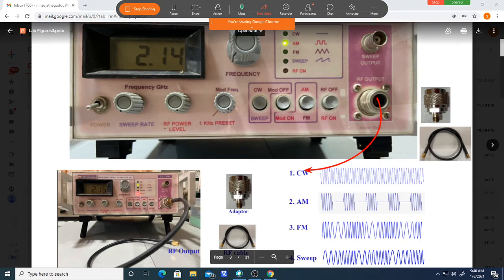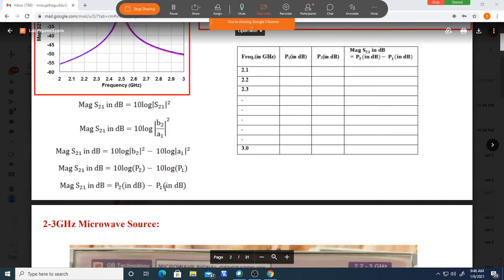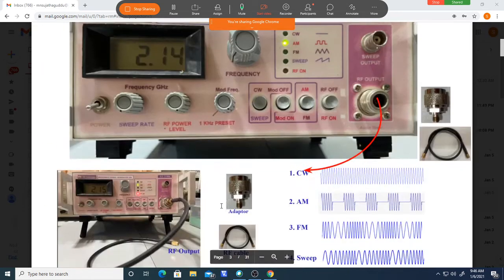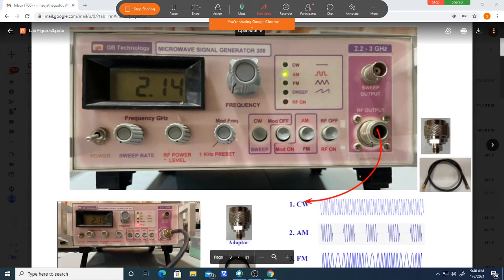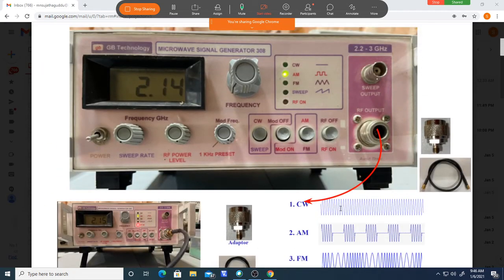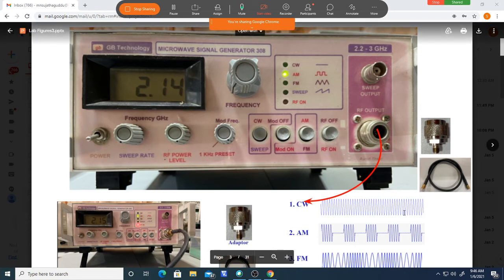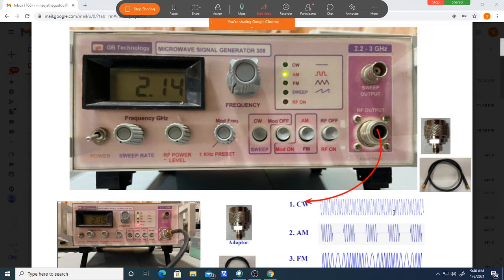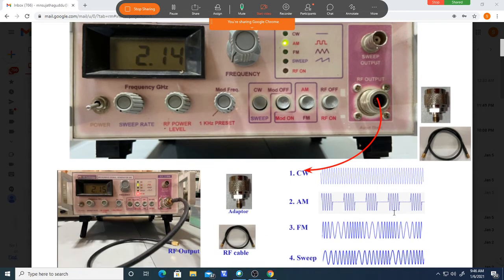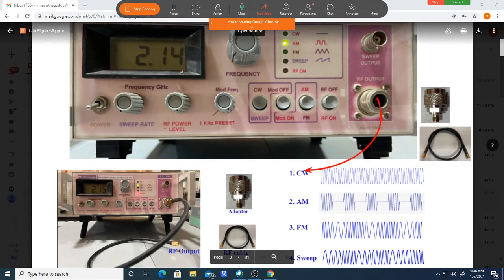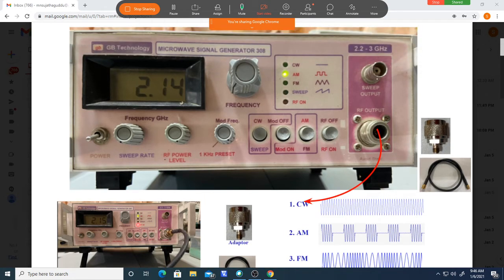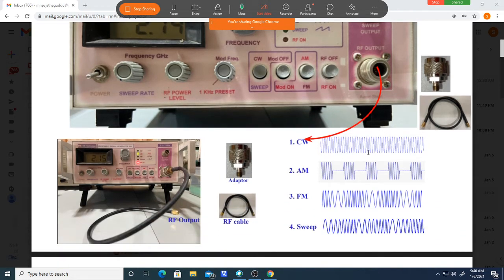P2 minus P1, what we are doing, input power P1. What is the input power? See, the power of the signal coming out of this. In microwave we always speak about power, not voltage. Only power measurement we are doing. That's why. See here, how much power? 0 dBm. What power are we applying, coming out of this? What is the power in this signal?